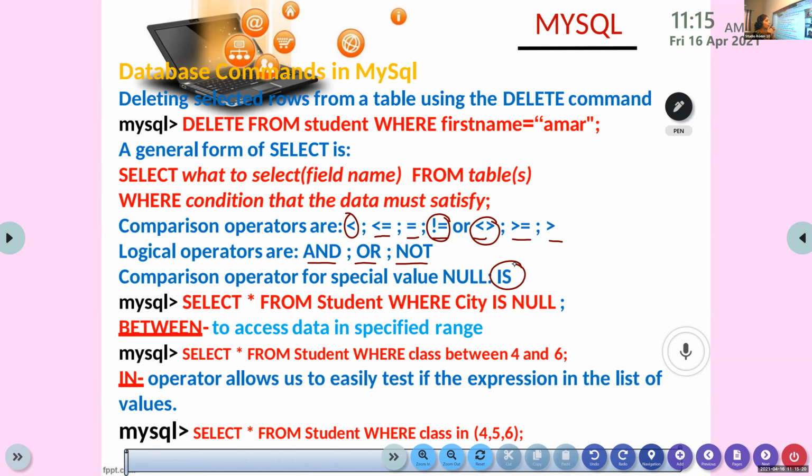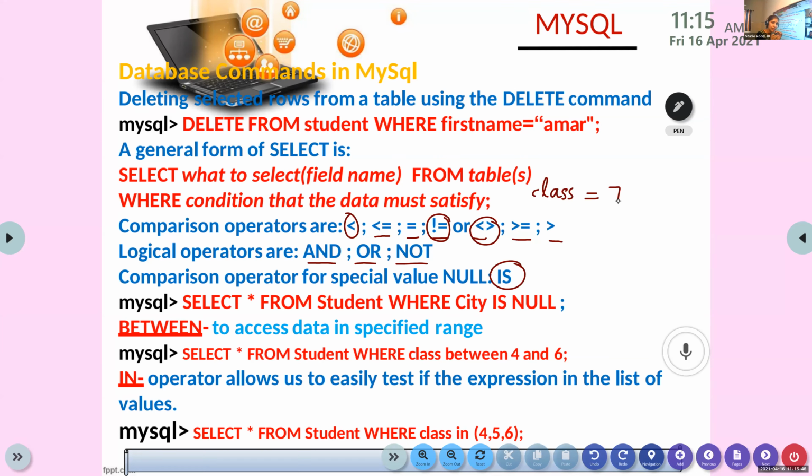See, suppose the question is display the student details who are from class 7. Then you will write where class equal to 7, isn't it? Because that is an equality condition. But the question is display the details of students whose address is null.